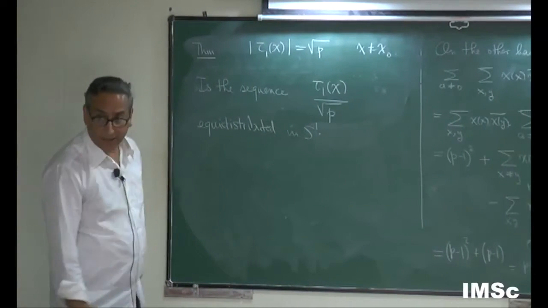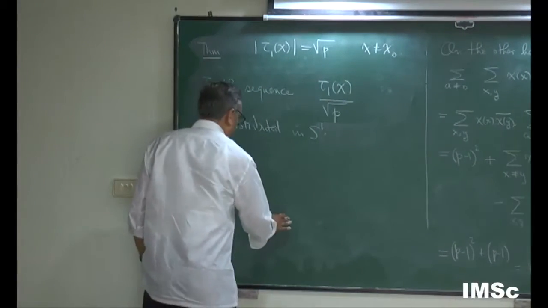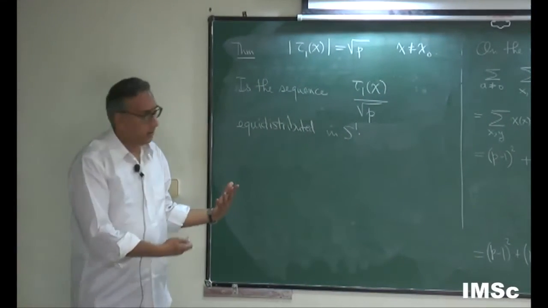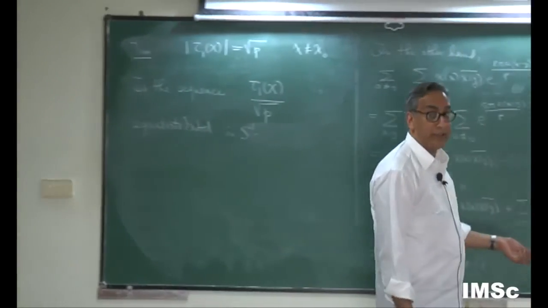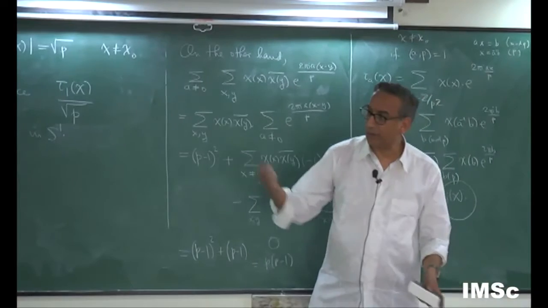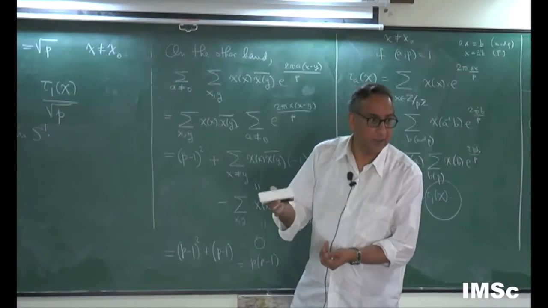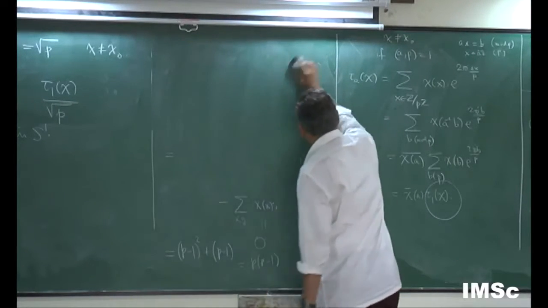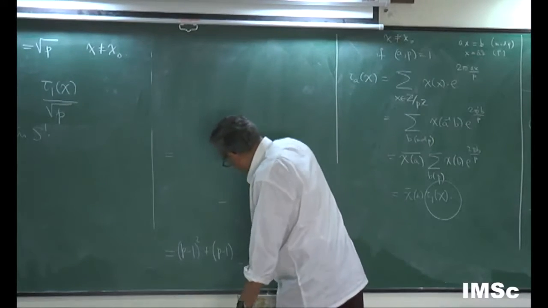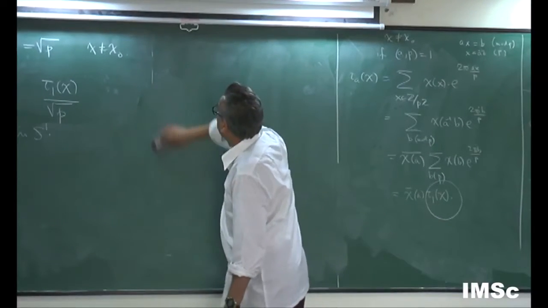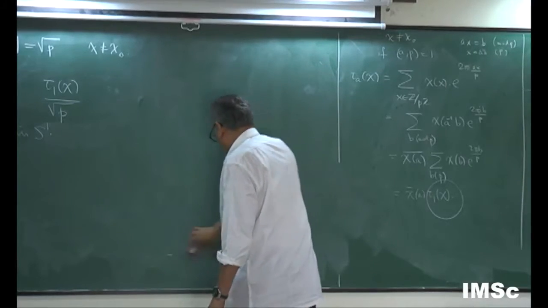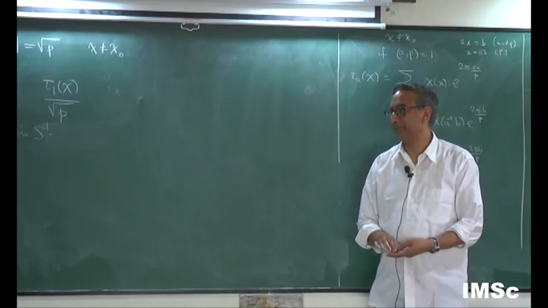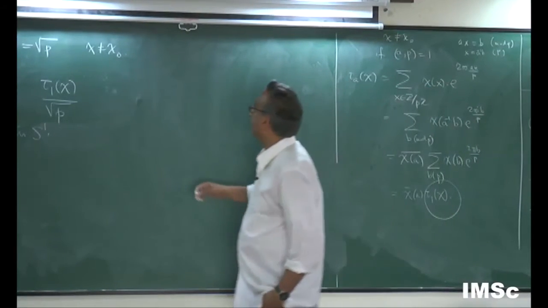Okay, I'm running out of time, but maybe let me just say how, I mean, this looks like a very innocent question. Could have been asked by Gauss, but I don't think he did. Because remember, this whole business of equidistribution starts later with Hermann Weyl. So one could ask this question, but I would say that Gauss may very well have had difficulty even if he asked the question, it would be one of these questions that you couldn't have answered at that time. Okay, so let's see why.